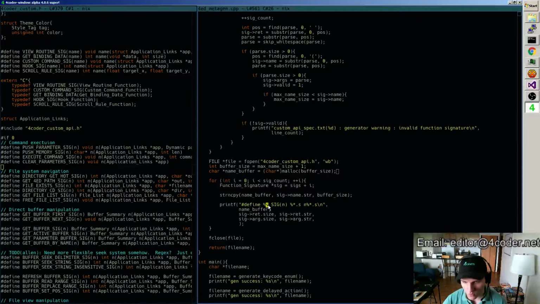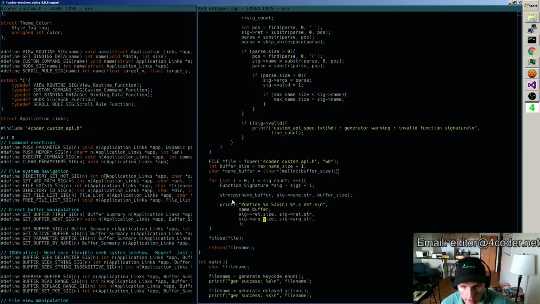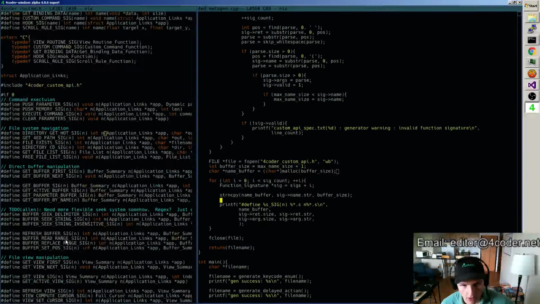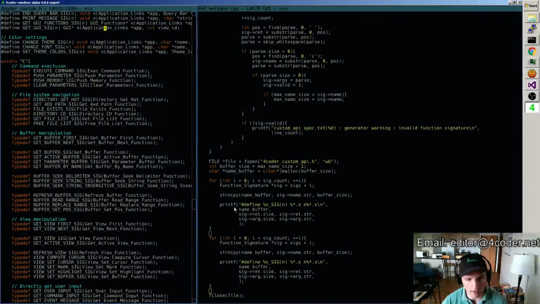So now I've got this one, which is null terminated, and these two, which allow me to spit out the correct return type and parameters. Alright, that's cool. And that'll all just get blotted out into one big giant mess. So let's go ahead and just write all of these first, and then I'll go back and get some of the little helpers that I assumed we would make to work.